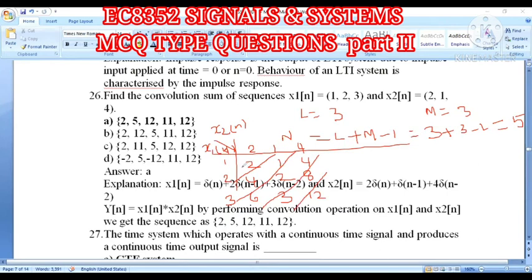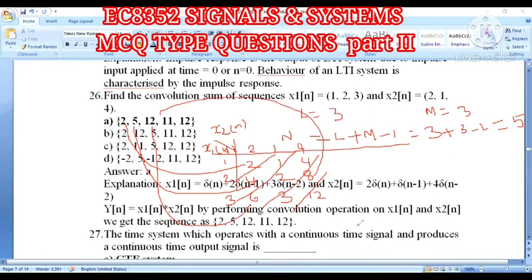So now the first answer will be 2. The second box contains 4 and 1, so 4 plus 1, 5. Next one is 6 plus 2, 8. 8 plus 4, 12. So the third result will be 12. Next, the fourth one is 8 plus 3, which is 11.